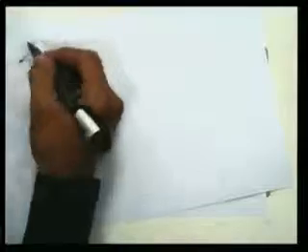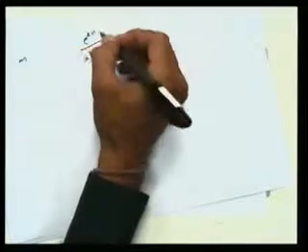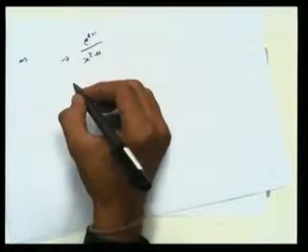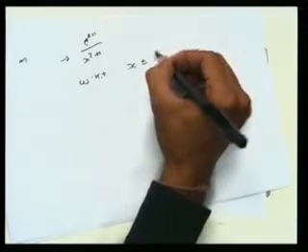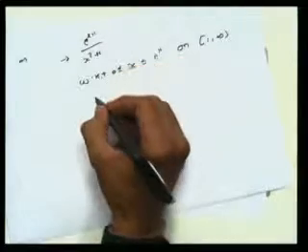Next example is: show that the integral from 1 to infinity of e raised to 2x upon x square plus 1 dx is divergent. Solution: we will try to solve this example here. Here e raised to 2x upon x square plus 1 is a non-elementary function, that means its integration is directly not possible. But we know that x is always less than or equal to e raised to x on this interval 1 to infinity, and it is greater than or equal to 0.